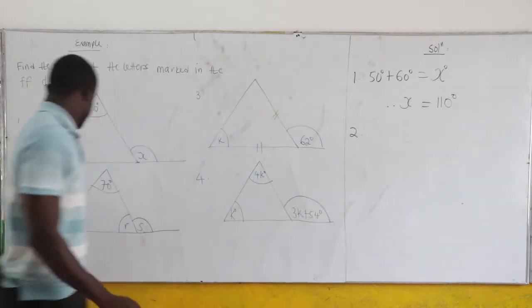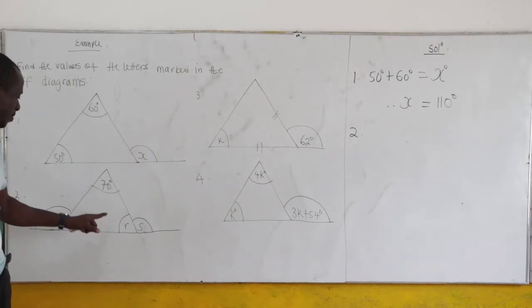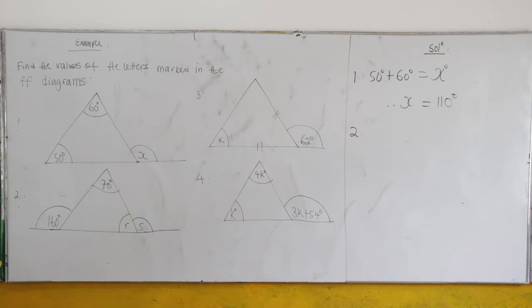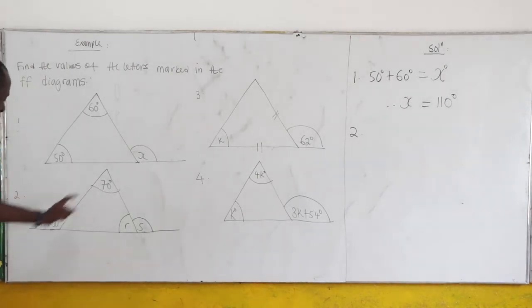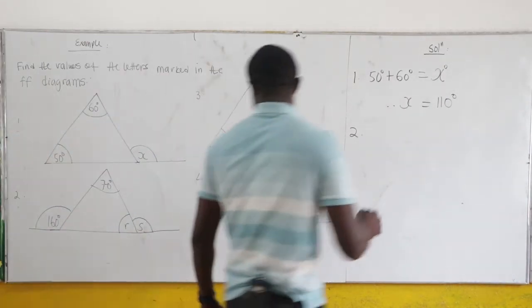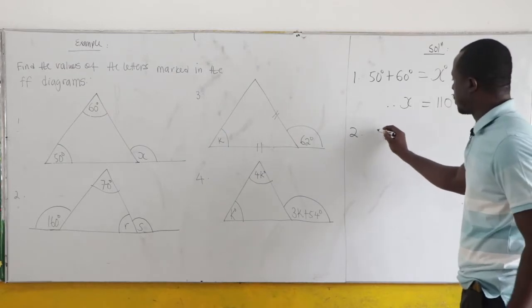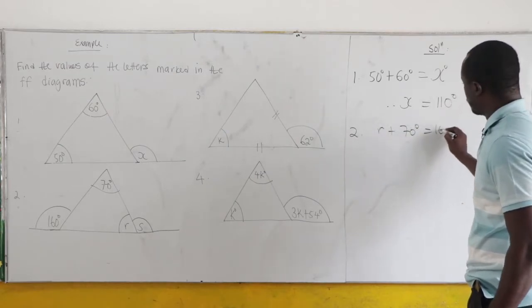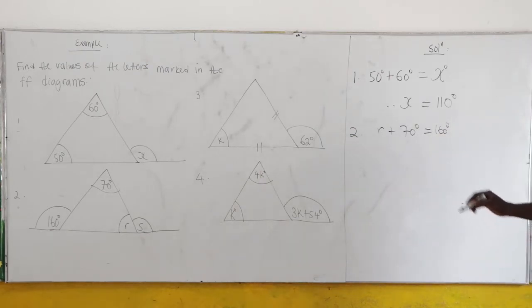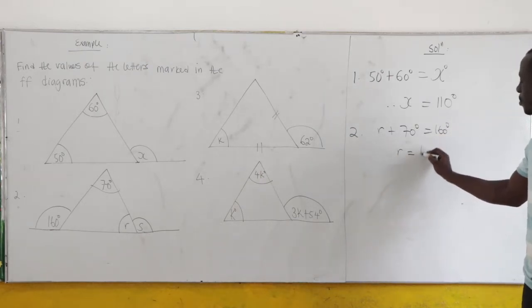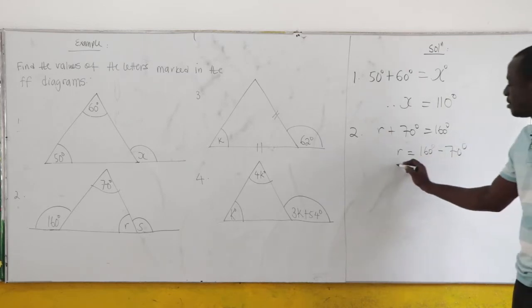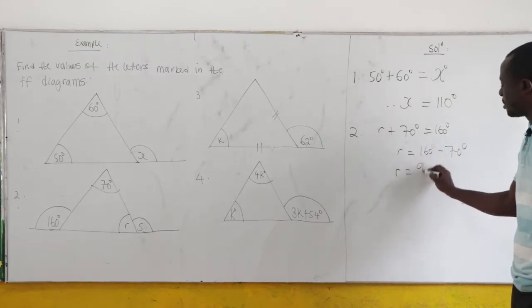Now let's see the second one. Now let's see, we have two opposite interior angles. We have the exterior angle. So this plus is equal to what? 160 degrees from the property. So you can say R plus 70 degrees equal to 160 degrees. Now we have our R to be equal to 160 degrees minus 70 degrees. Our R will be equal to what? That is 90